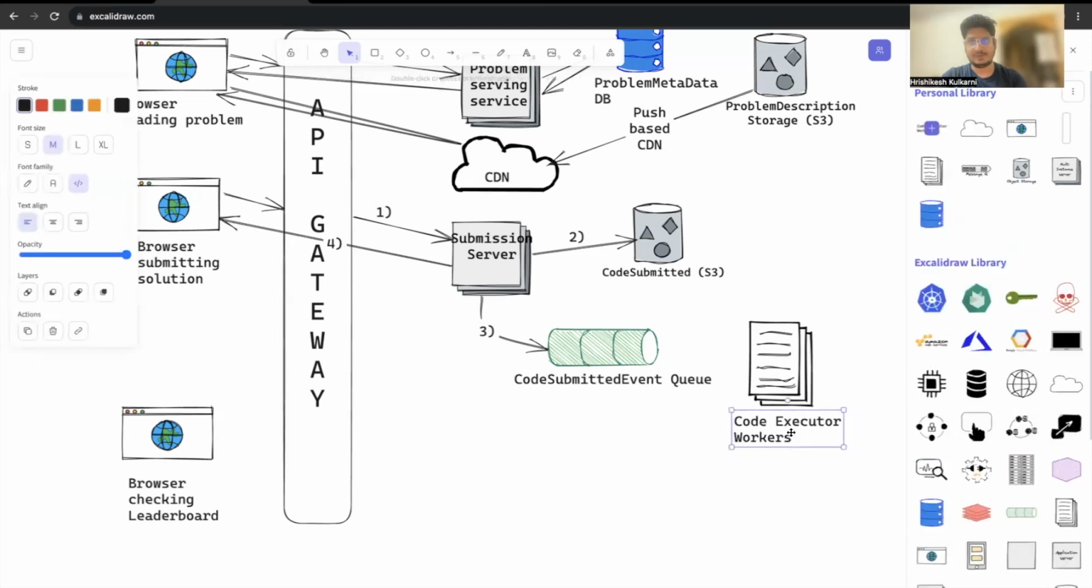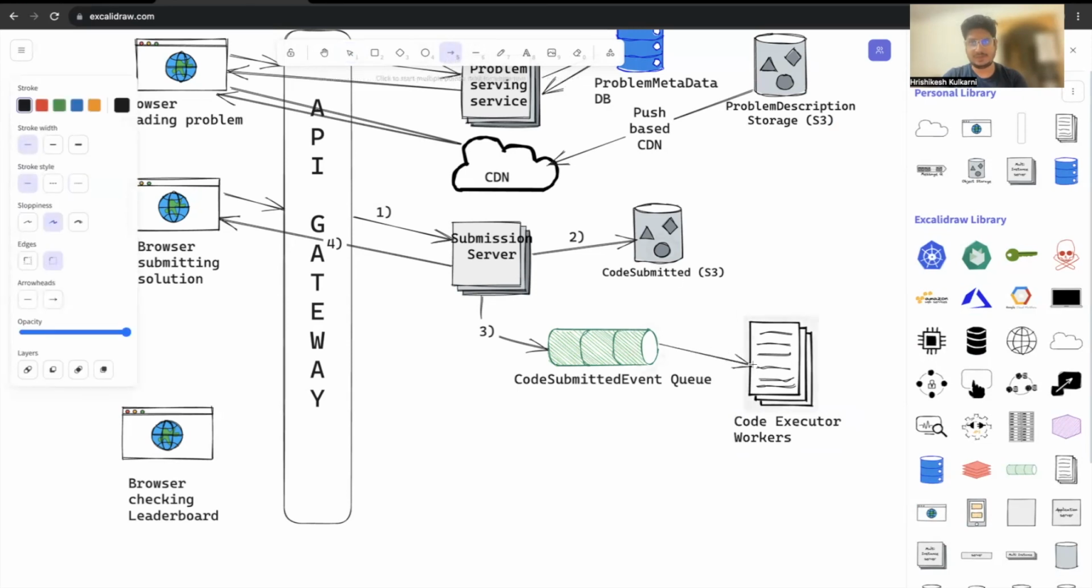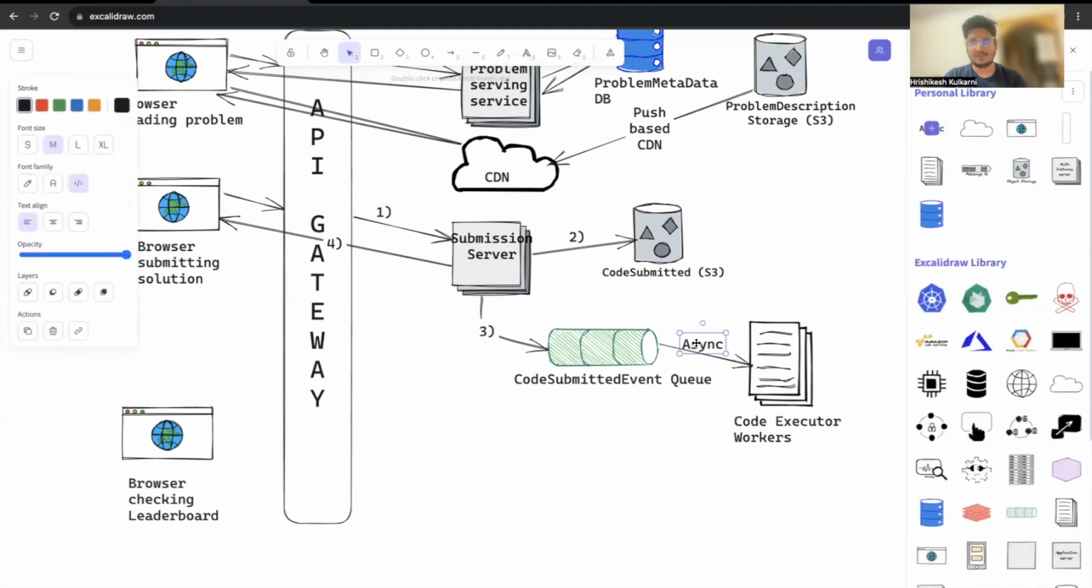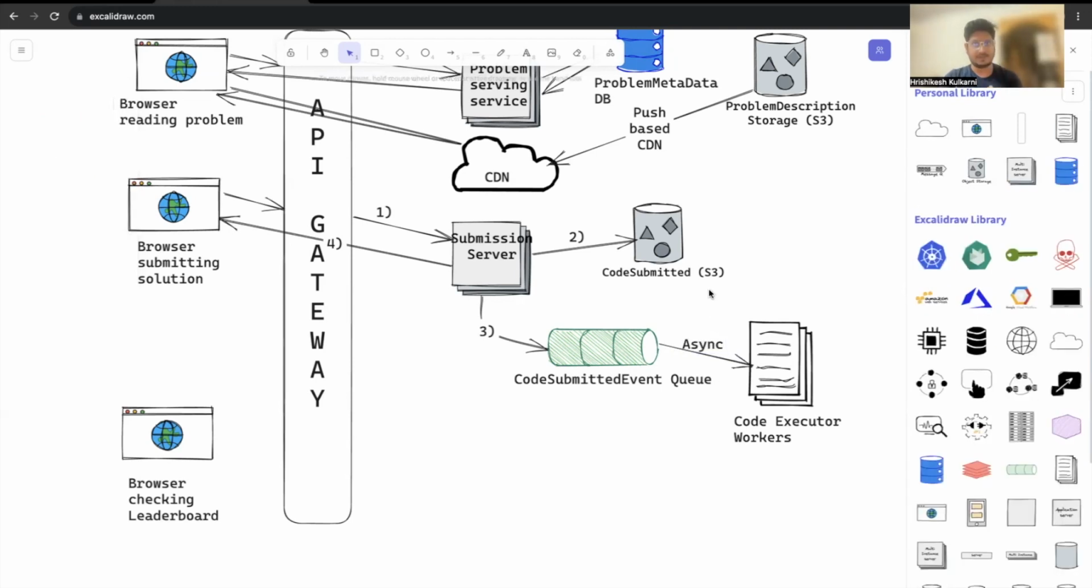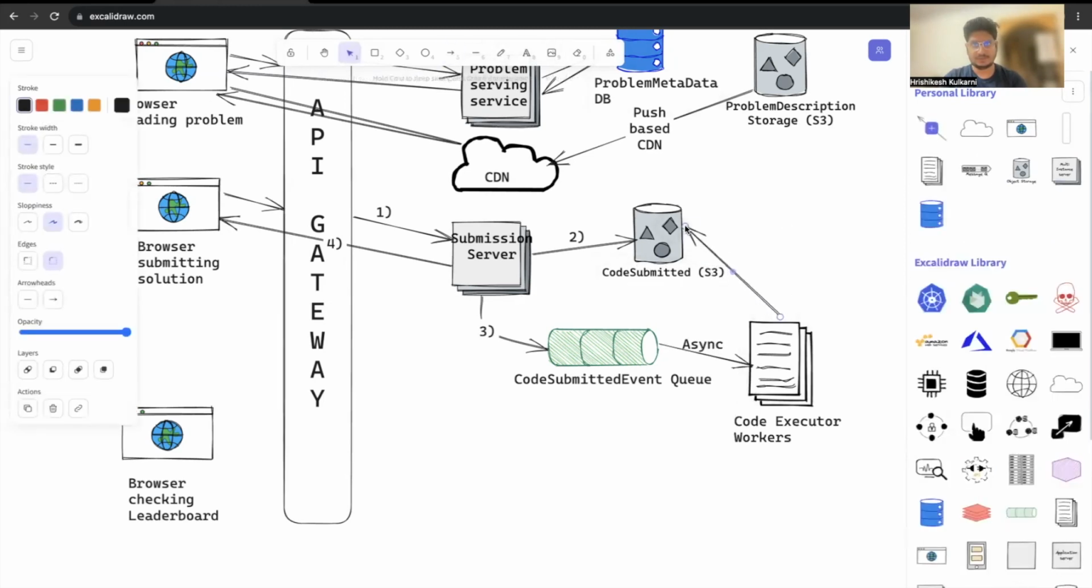So this is equivalent to serverless function. It fetches the information asynchronously. It fetches the user ID, problem statement, and it gets the S3 URL, the code submitted URL. It is going to fetch this value. Okay, so I am going to have an arrow like this to fetch